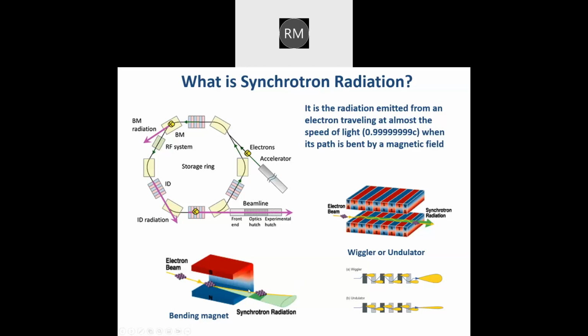But this is just one bend. Instead of one bend, if you have more bends, then it is called a wiggler. Then you have even more intense X-rays. If the bending is very small and the X-rays overlap with each other constructively, then you produce even more, like 100-fold more intense than a wiggler. So the bending magnet, let us say, produces 100 times more than the lab source. The wiggler in the synchrotron produces even 100-fold more than the